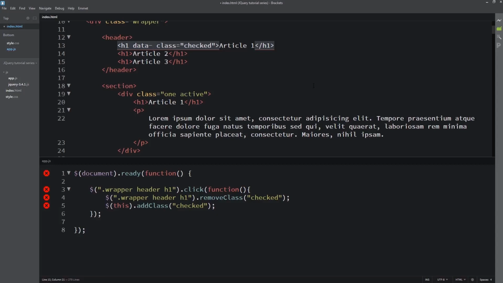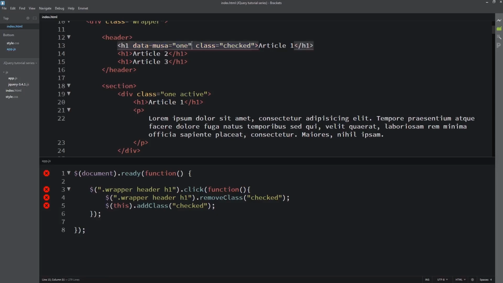If you say id equals 1, that is the same, but it might be confusing since in other code they use id every time. If you say Musa, it's the same; if you say A0, the same. So I'll just leave it as Musa. To create a custom attribute, you say data hyphen, then you put Musa. So this data and this hyphen must come before the name of the custom attribute.